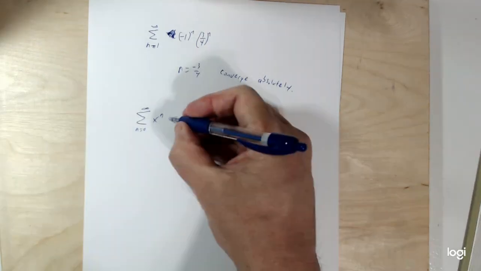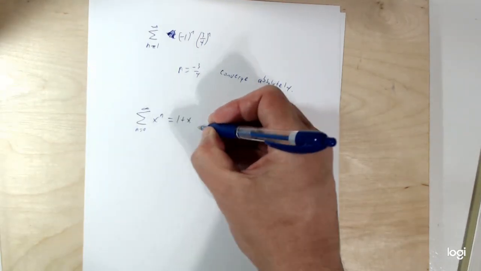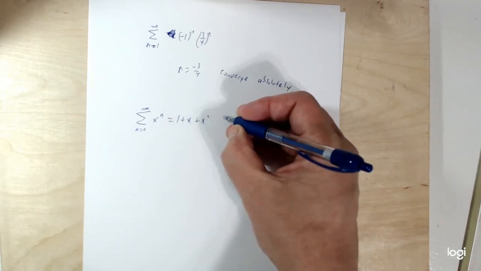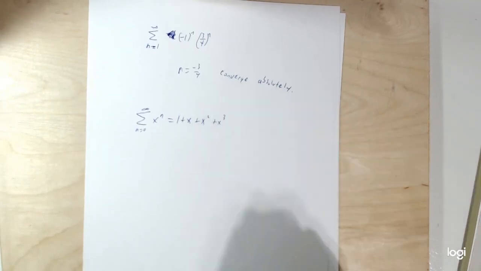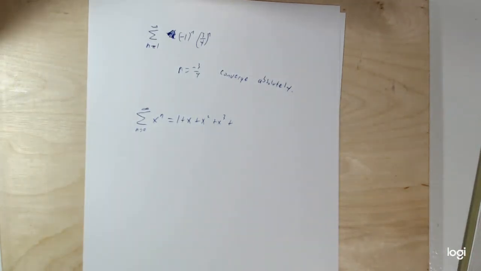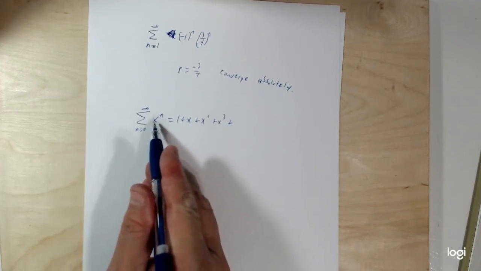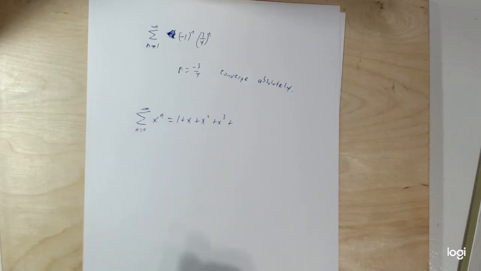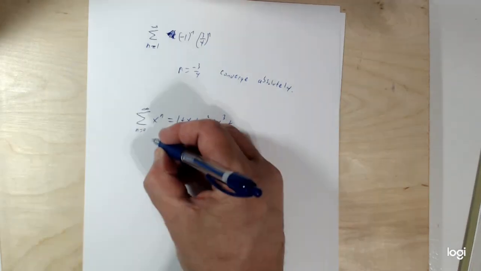That's going to be 1 plus x plus x squared, x cubed, and so on. The question is, does it converge as a function? Well, since it's geometric, it's going to converge whenever the value you're taking a power of is between -1 and 1, so it converges